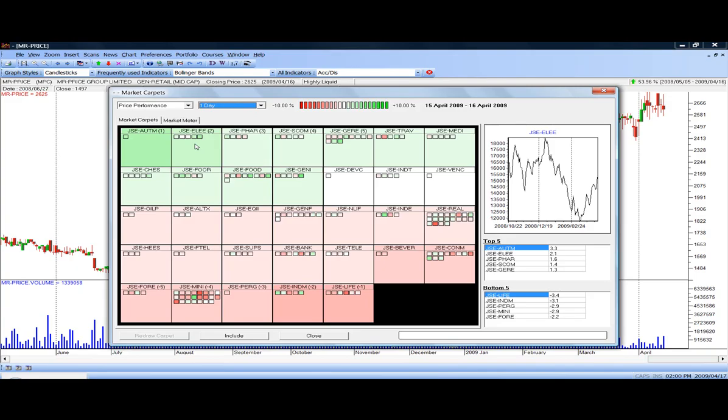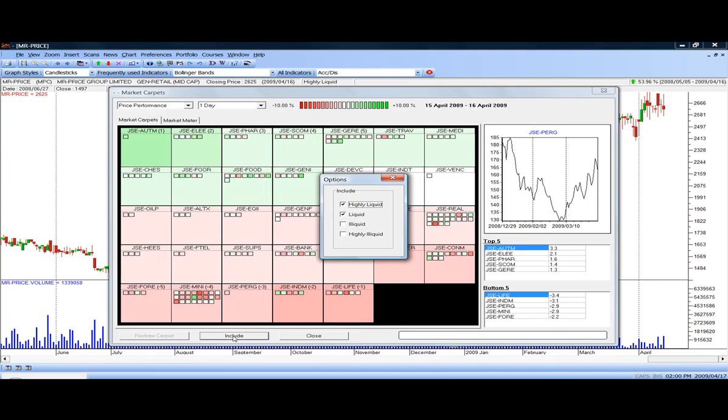But you may well say, I know that there are more shares in these sectors. The reason for this not showing is because in the include option, right at the bottom here, you can decide which shares you want to actually see. In this instance, I've said to the computer, I only want to see shares that are highly liquid or liquid. In other words, shares that can trade. If I put liquid and highly illiquid in there as well,